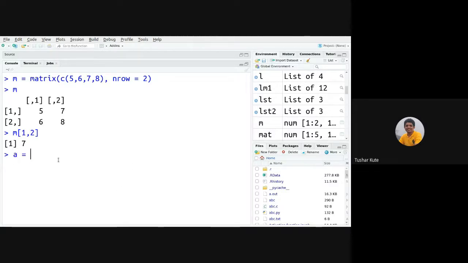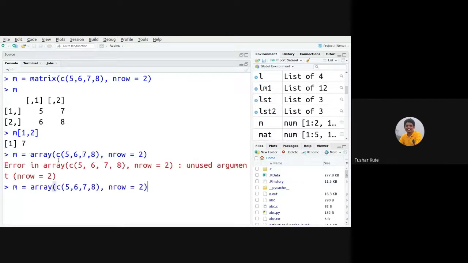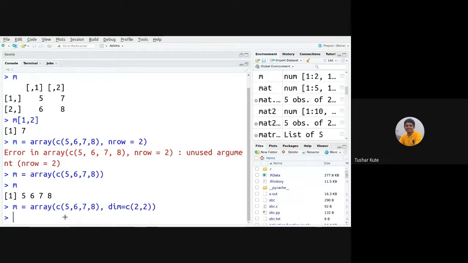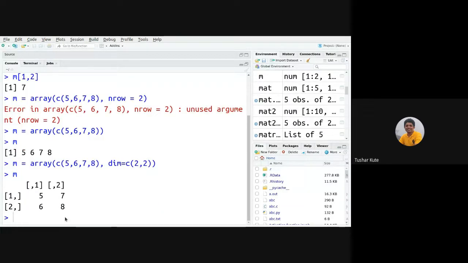A is equal to array of, the same terminology I will use from above. An argument is not required. Just like a vector is created here, we need to apply the dimensions to it, dim equal to, and here I want dimension 2 by 2. Likewise, nth dimension is also possible over there. That also we can try. Just wait for a minute.